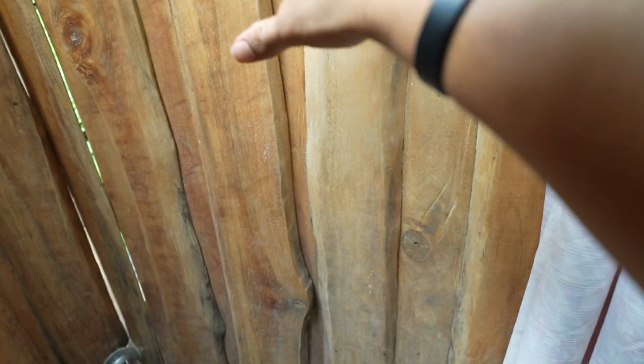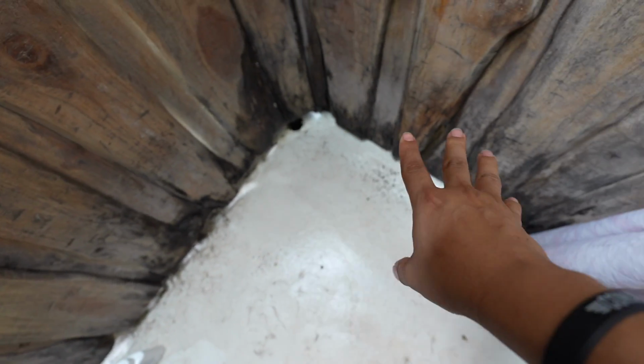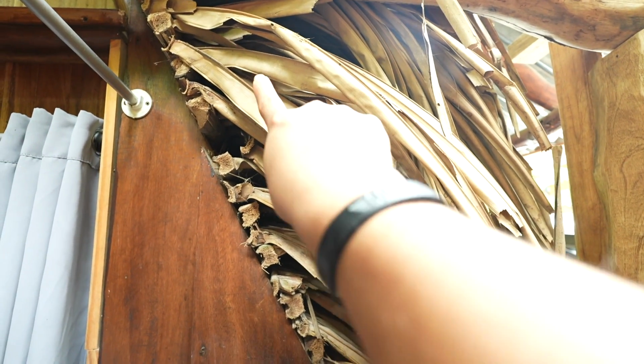I really love how everything is pretty much built out of wood here in the bathroom. My only concern is that since this is a shower and the walls are made out of wood, you kind of start having this stuff in the bottom, which is maybe the wood was not properly sealed, or maybe the sealer was not strong enough for it. But I guess these guys have a plan for it. I don't know if these guys are professional building this kind of stuff, but I'm sure they have a contingency plan for this stuff. And I really love that the roof of the house is made out of the leaves